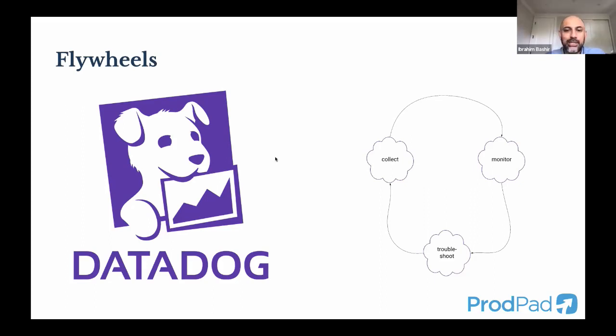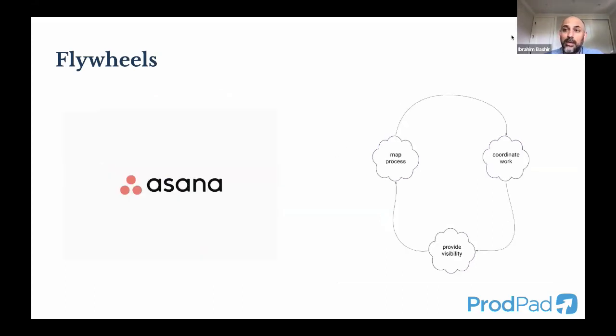And if you're wondering, hey, how is he coming up with these loops? I'll give you an example of how I construct the loops just by reading publicly available literature on a company. But I'll walk you through one more example, which maybe is more common or well-known. A lot of you in product teams might have used Asana, which is inherently a collaboration tool for product teams. In Asana, the first thing you do is you map out your product development process. You use it to coordinate the work using their taxonomy, and then you're able to provide visibility to project teams, to stakeholders, to people who want status updates in Asana. Again, it's a flywheel that kind of feeds itself. The more of your process you map, the more of your workflow you can coordinate, the more visibility you can provide, right? So those are sort of three examples.